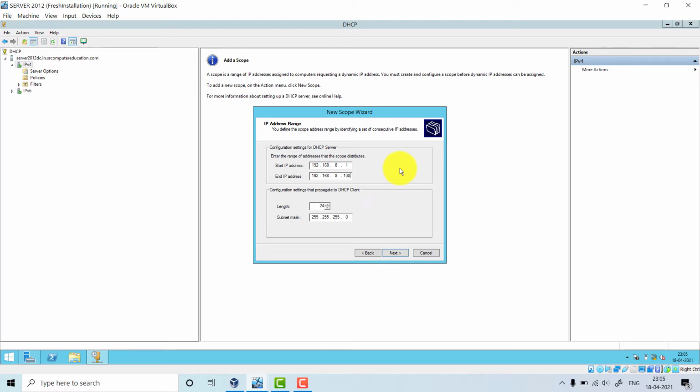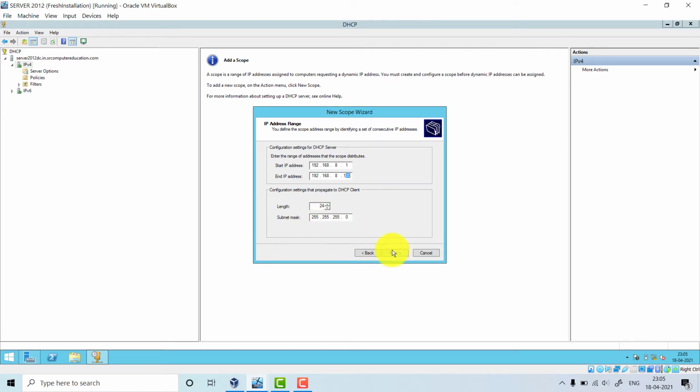So what will happen? Suppose we are having 10 devices right now in our lab. The DHCP server will assign the IP address within this range only. It cannot assign an IP like 202.10.10.10. Why? Because our range is not like that. It will not even assign 192.168.8.200. Why? Because the range is from 1 to 100 only. So using this method, you cannot assign 500 IPs. Are you getting it? Right now we can assign only 100 IPs. The range is given. Keep the length 24.